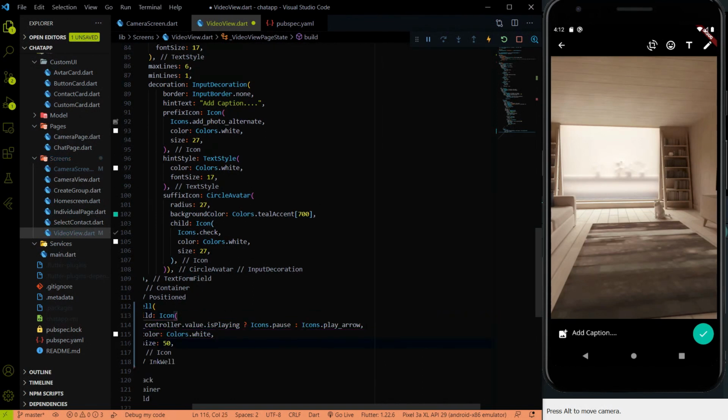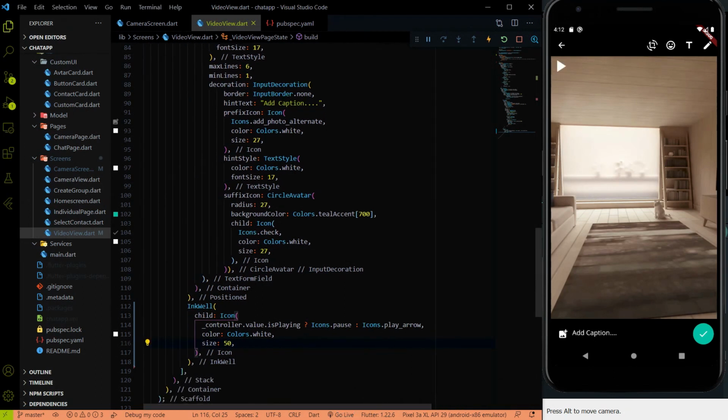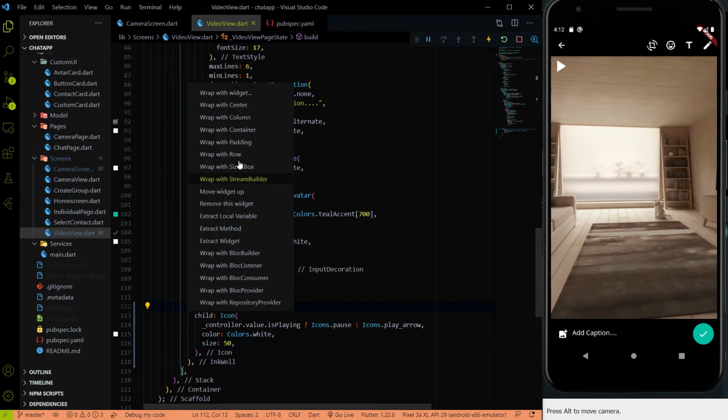And let me hit the save and see the changes. So here the button is added, but we have to put it in the center of this whole screen. For that, I'm going to use another widget to put it in the center.